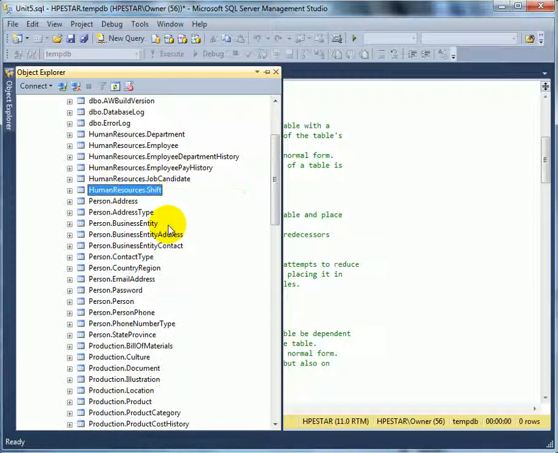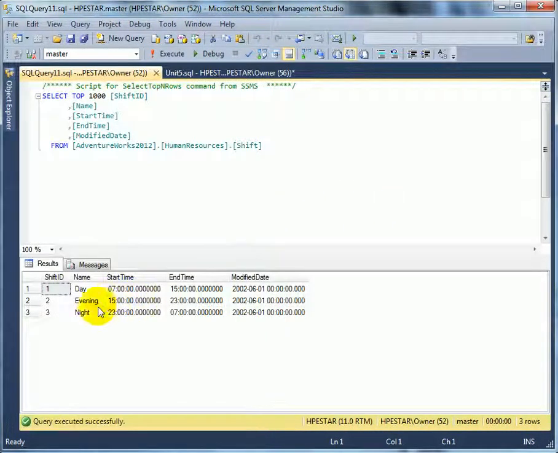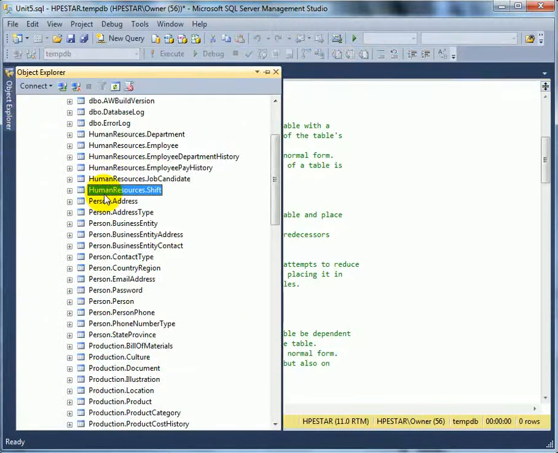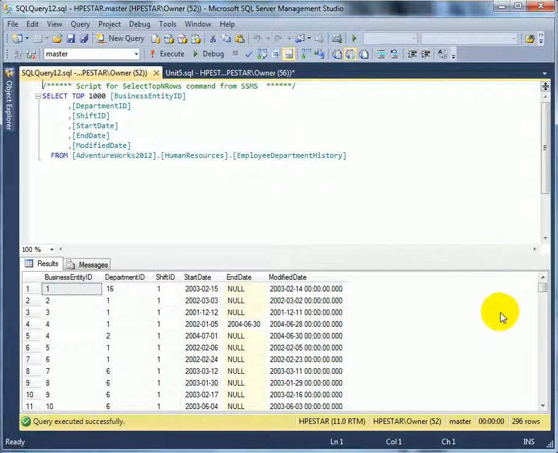Let's check out the shift table, and it has day, evening, and night. Let's check out the actual employee department history table. So the primary key for this table is a composite primary key: business entity ID, department ID, shift ID, and start date. For example, we can see that for this employee, first it was working for this department and for the day shift,